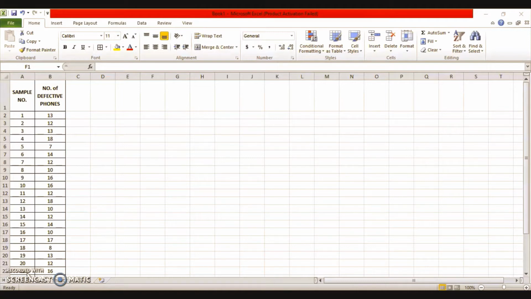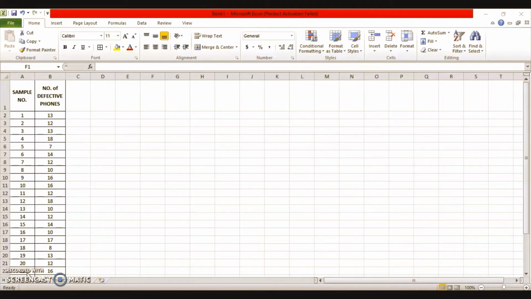Now the NP chart, as the name suggests, is basically just like the P chart, but the purpose of this chart is to provide a better understanding to the operator, who may understand the actual number of defective items easily rather than the proportion defective. The NP chart has a limitation, that is, it can only be used for equal size samples because the number of defectives cannot be compared for variable sample size.